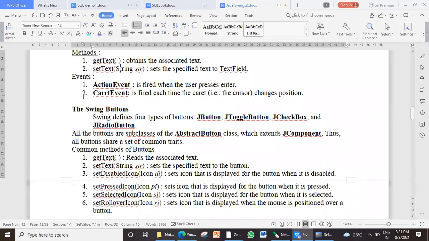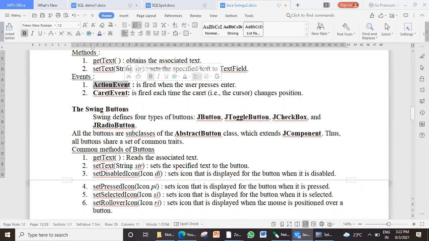Now, the events associated with a text field: normally we don't use these events much. We normally use buttons for the events, but even a text field can be used for events. First one is the action event. Whenever the user types something into the text field and presses enter, it generates the action event.